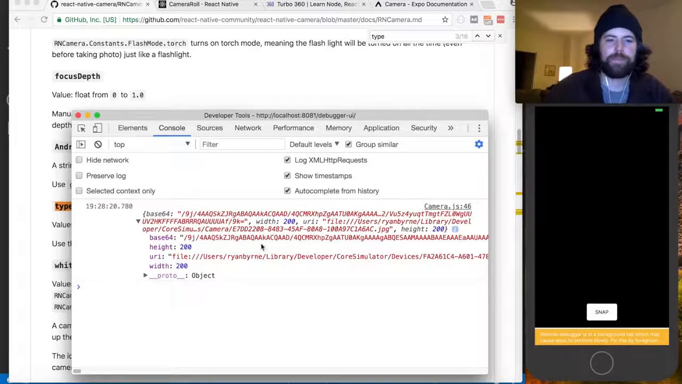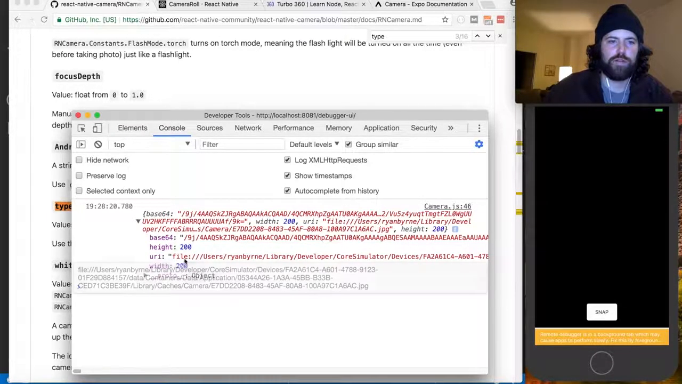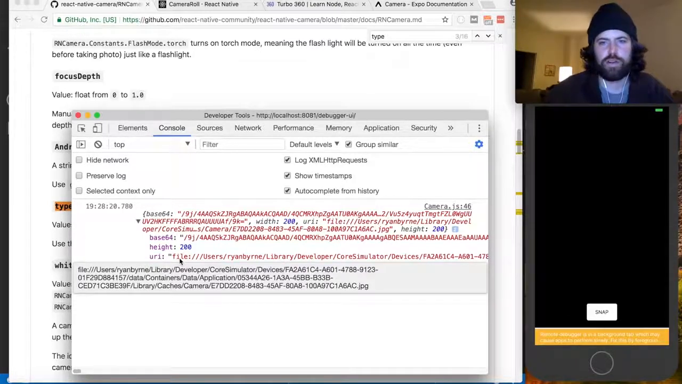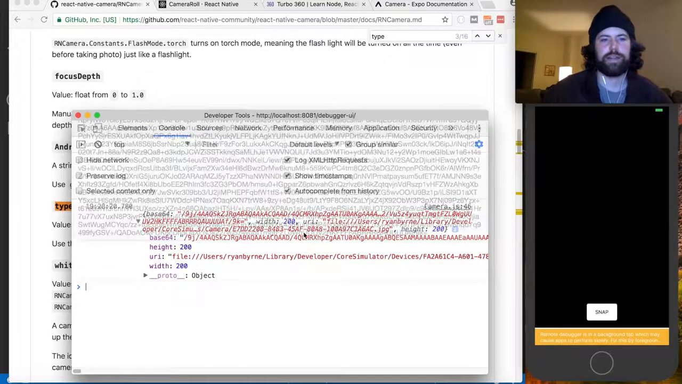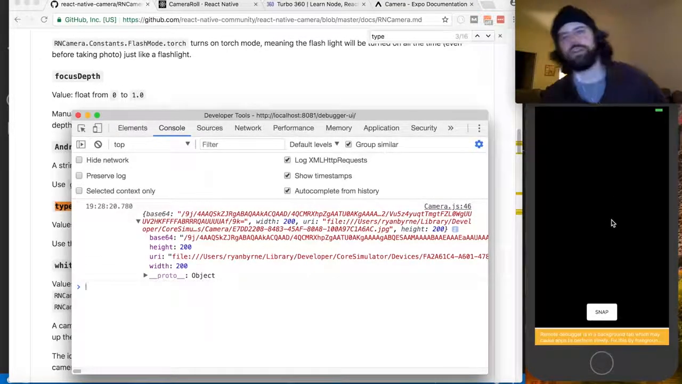But we want to get the actual file. So if you look right here, and again, this is all linked to my computer because it's on the simulator, but there is a link to an actual file. And what we want to do is send that off to our backend. So that's kind of the next step. Now we can take these pictures and